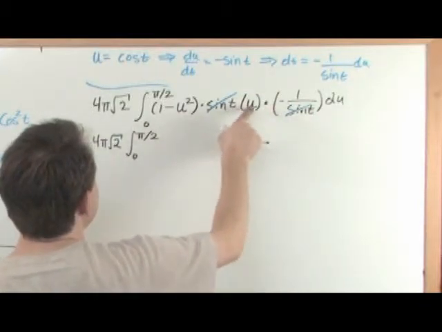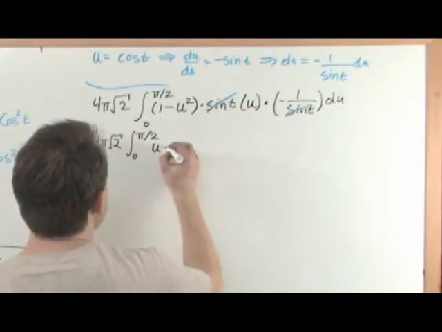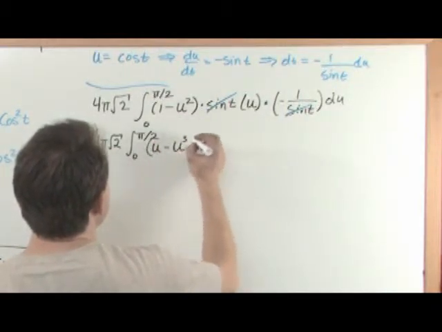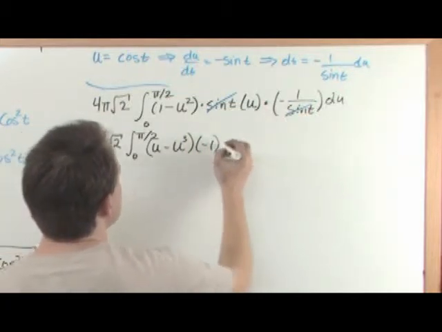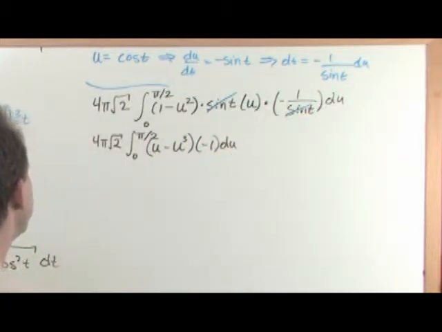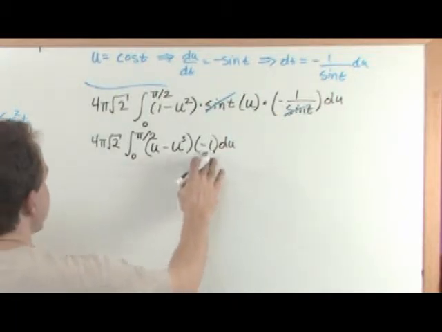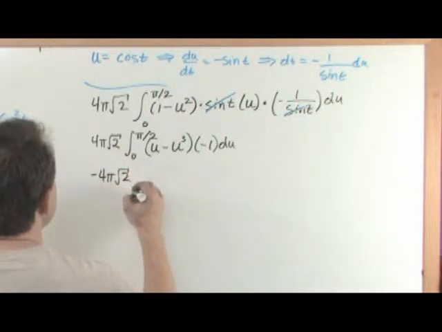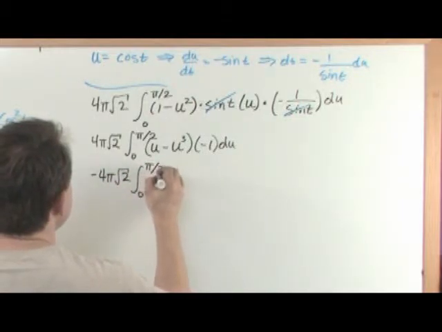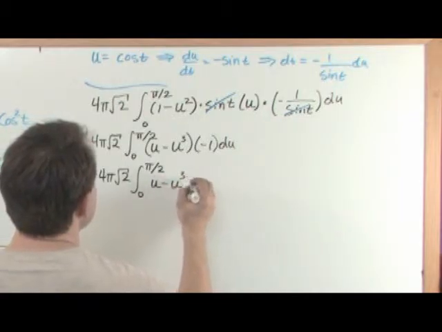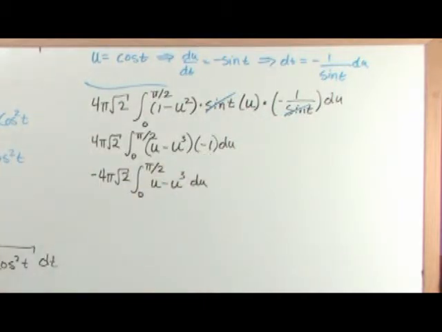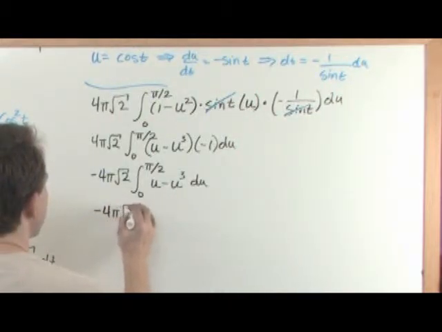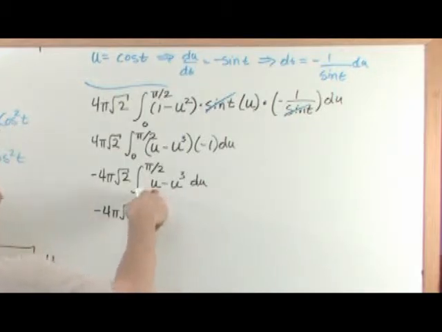So what you're going to have is u times 1 is u, minus u squared times u is u to the third power, and you're going to have times minus 1 du. So what I'm going to do next is just a little bit of rewriting. I'm going to take this guy out. I'm going to say negative 4 pi square root of 2, integral 0 to pi over 2 of u minus u cubed du. We just took the negative out. That's all I did. Now, this is really easy to integrate. This is just a polynomial, so it's negative 4 pi square root of 2 times the integral of this is 1/2